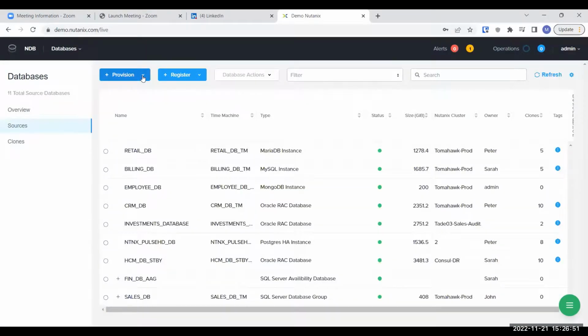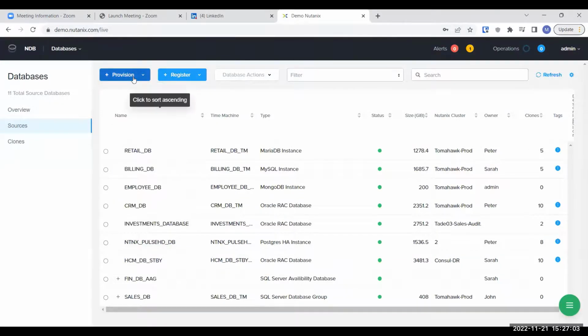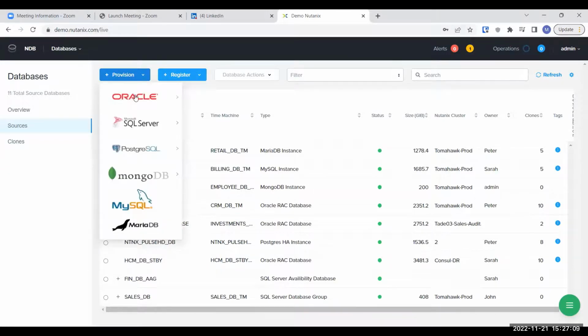We can provision Oracle, SQL, Postgres, MongoDB, MySQL, and Maria. For the current demo, we'll be using Microsoft SQL Server. You can go for FCI clusters, AAG database clusters, or simply deploy a standalone database.